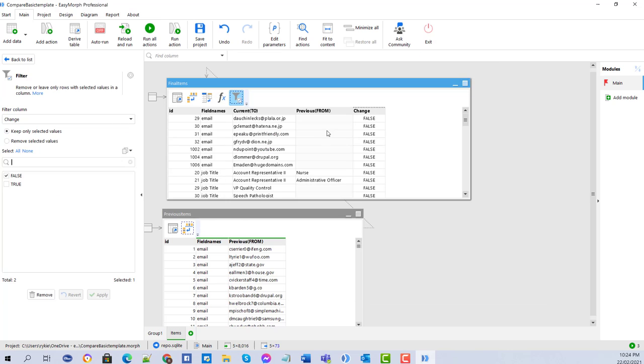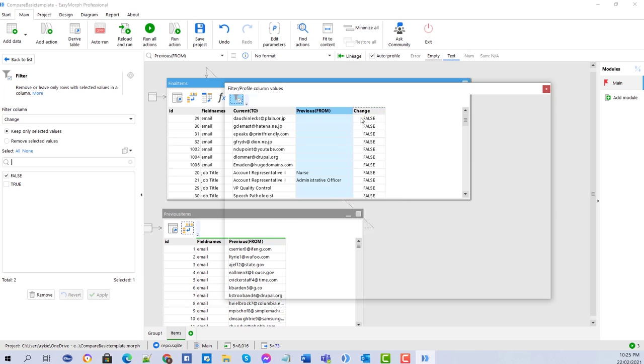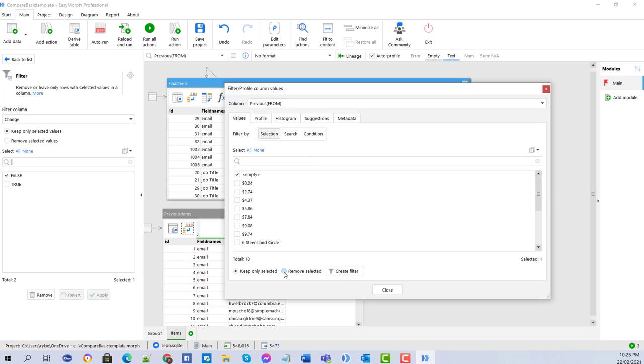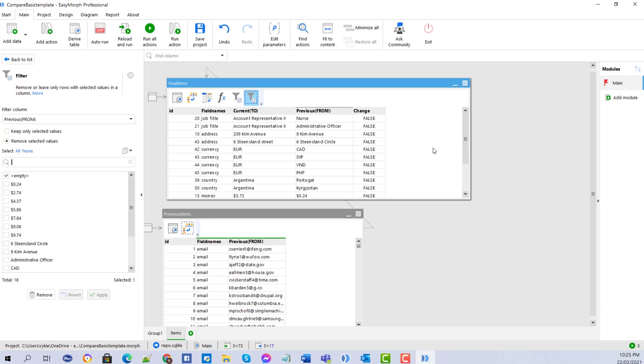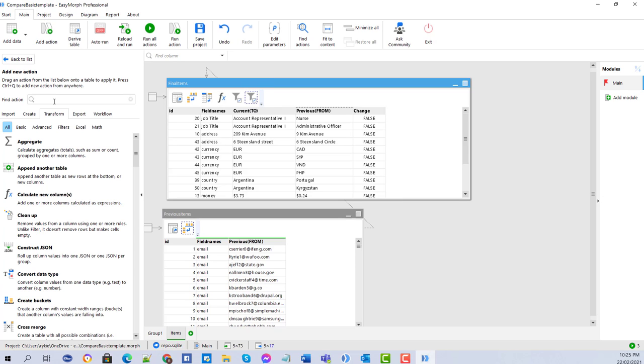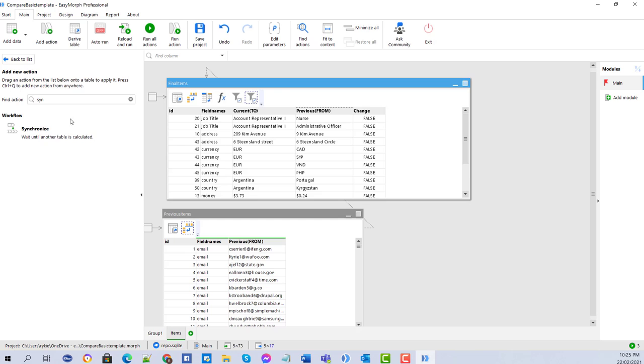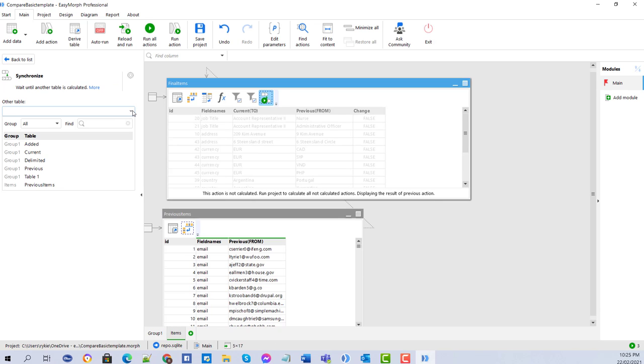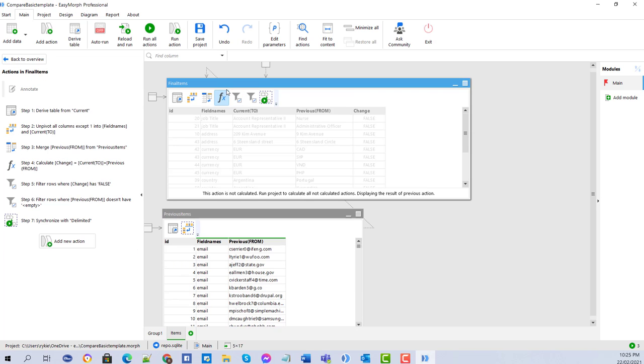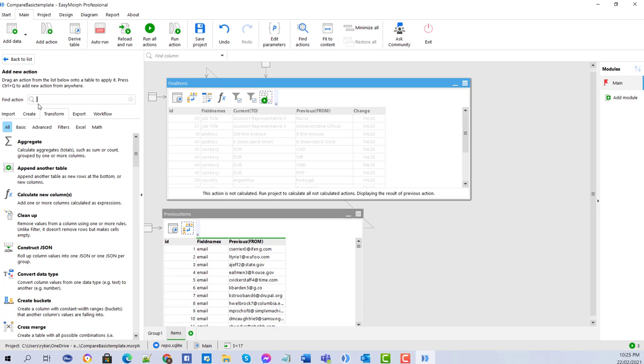So I only want to filter out everything that's false, and I want to filter out anything that was empty on the previous. So this will then give us the record set of what did change. Now again, we're going to export that, but before we export it, we use the function synchronize. The last export was on delimited. Before you actually run this table and export the data,